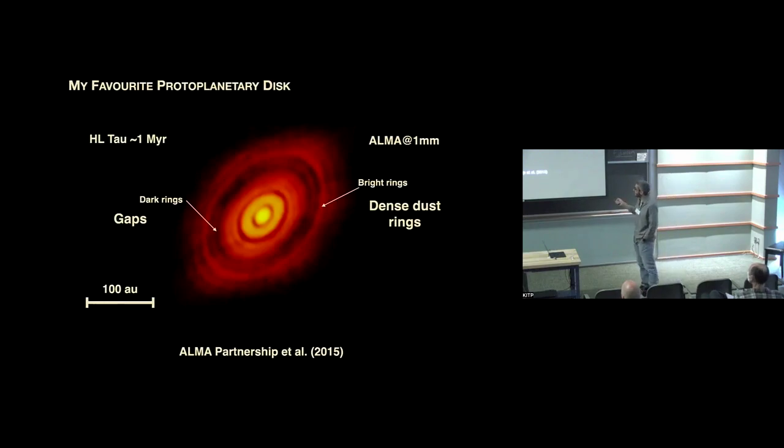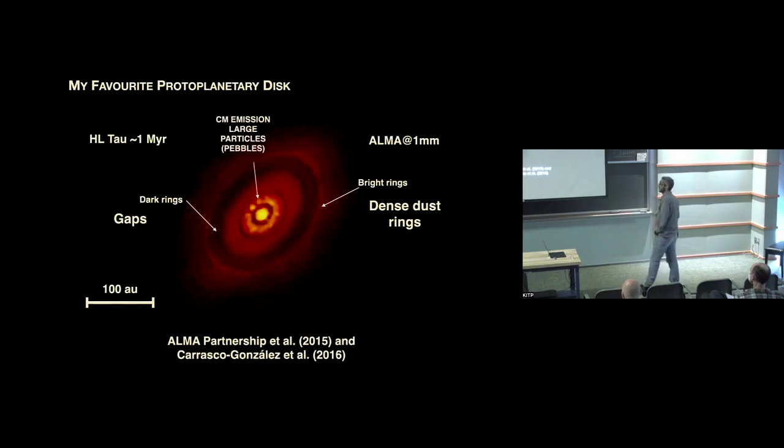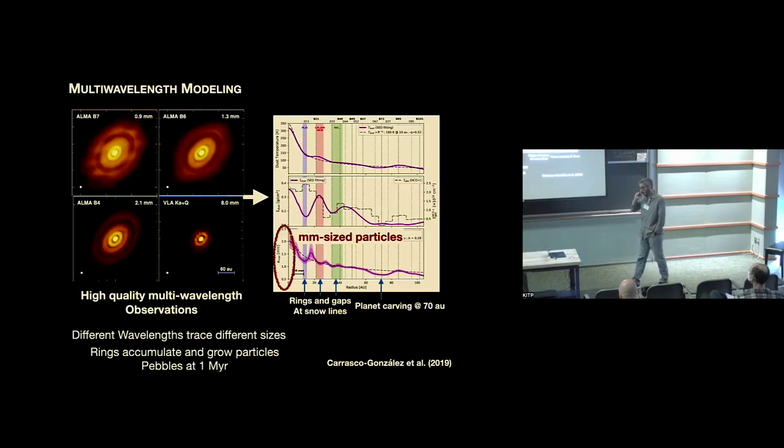This is HL Tau (KITP). All of you know these images. This is 1 millimeter, and it was the first time we saw all these substructures. In the last year we have been emphasizing that centimeter emission is important. We need to observe centimeter emission, not only millimeter, because centimeter emission traces the places where large particles, the pebbles, are located. We have been doing observations at multiple wavelengths, so with a wide range of wavelengths we can model